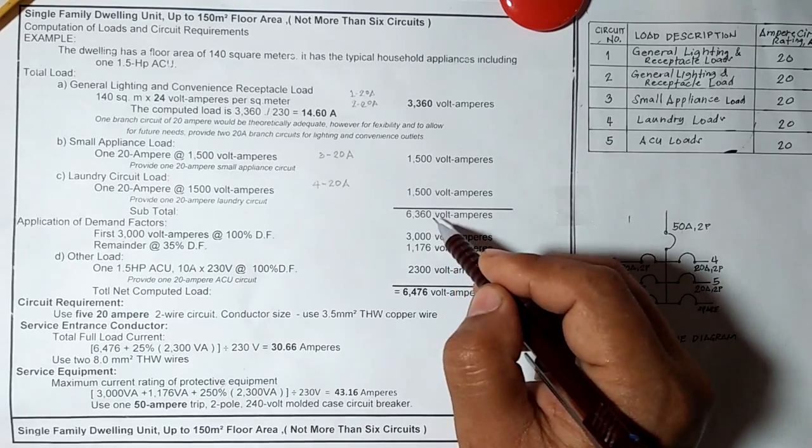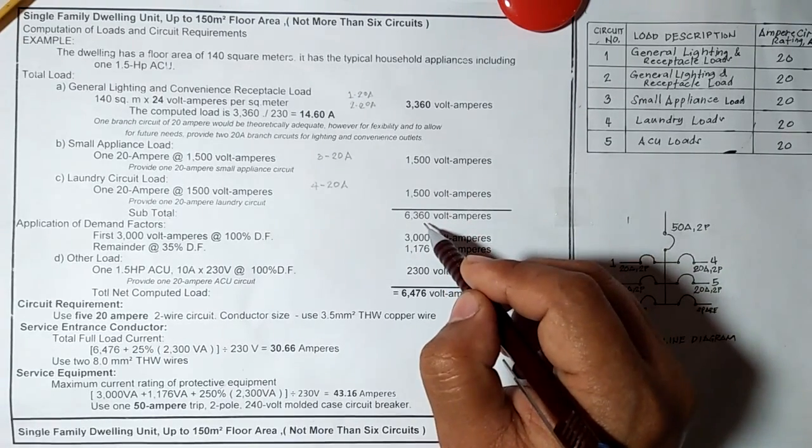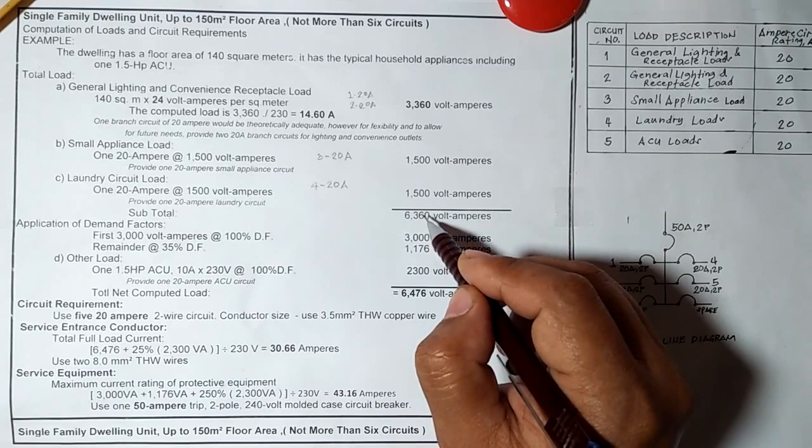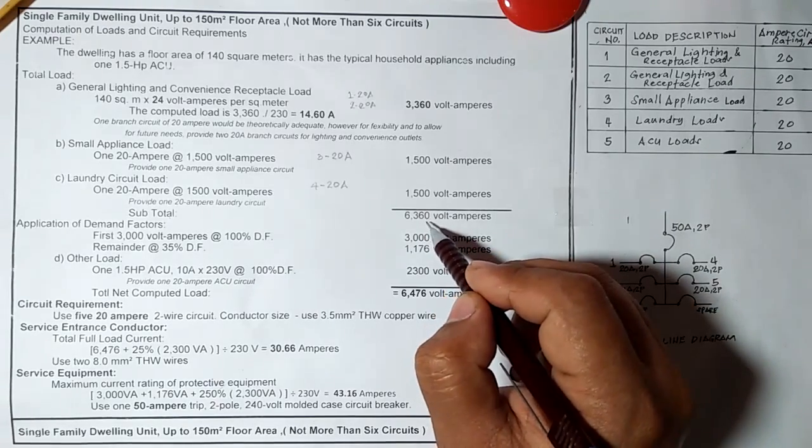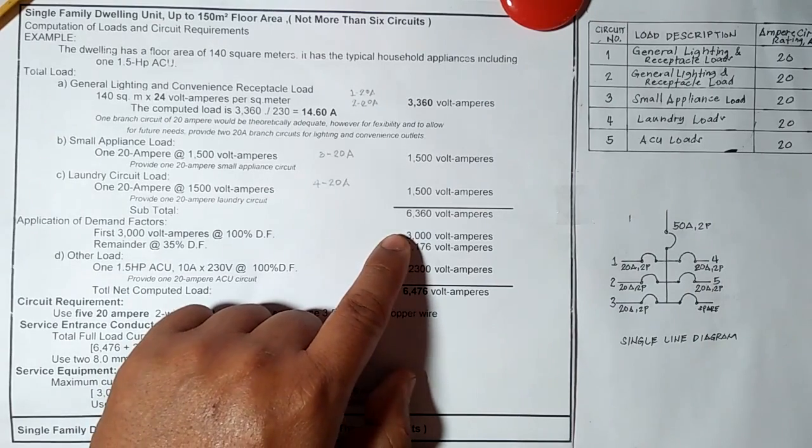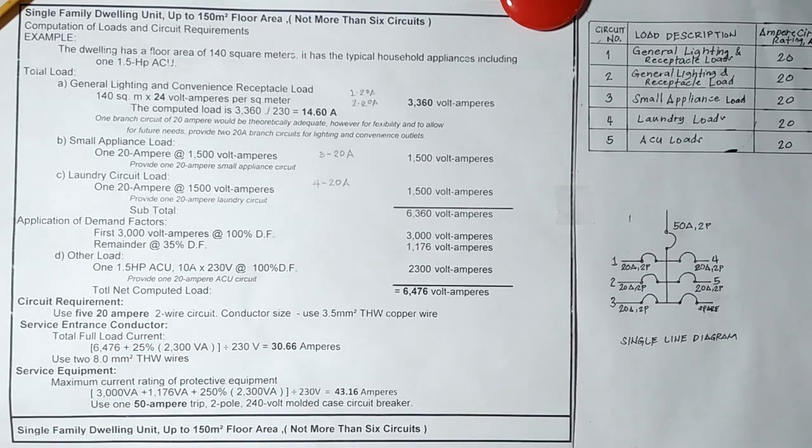So no need to compute for it, I already have the total. So we have a subtotal load of 6,360 volt amperes. So applying the Philippine Electrical Code table on the demand factors,